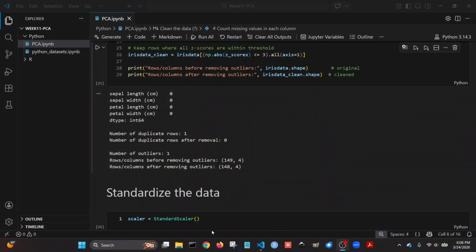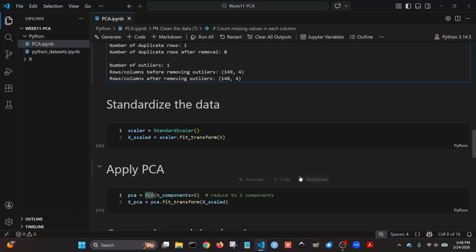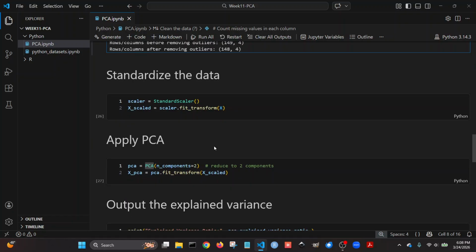Okay, so let's get back to the code editor. All right, after those first steps of cleaning the data, we're going to standardize the data using the standard scaler method. Okay, and then we're going to fit that data to the scaler. So we have the variable here holding the scaled values, and then we're going to apply the principal component